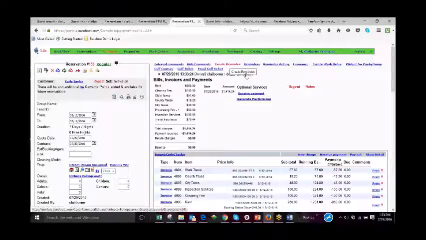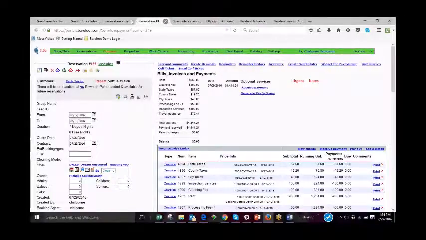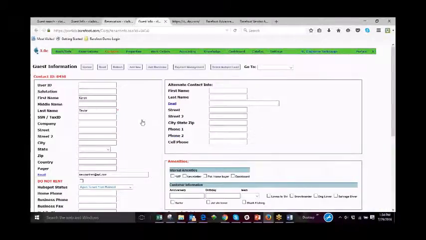I could also create a reminder for myself so that I could do something, maybe write a little note or something like that to send along with the doggy gift basket to be delivered before her arrival, and that would show up in my reminder list. Okay, so that's pretty much it for going through a fairly typical reservation. I'm going to go ahead and close out on a couple of these tabs